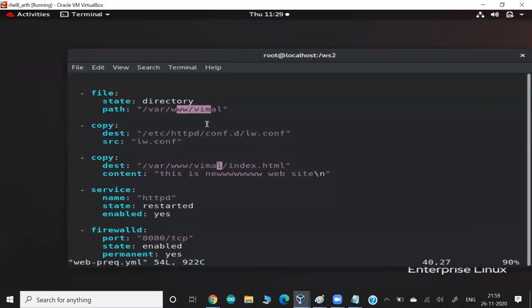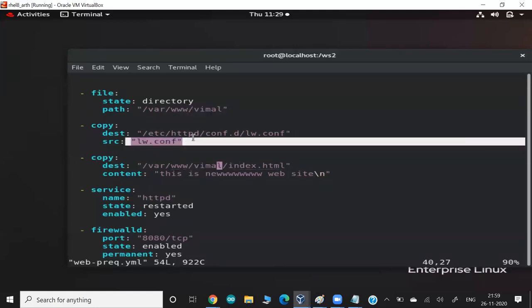They have to manually go to this task. They have to manually go and open this file and update the document root there. So I can say this playbook is very much static. But if you want this playbook to work dynamically, meaning if somebody wants to change the document root name,